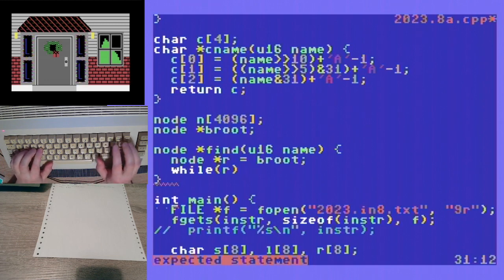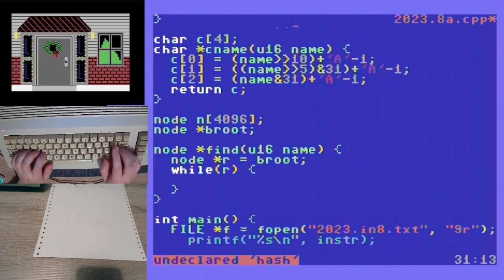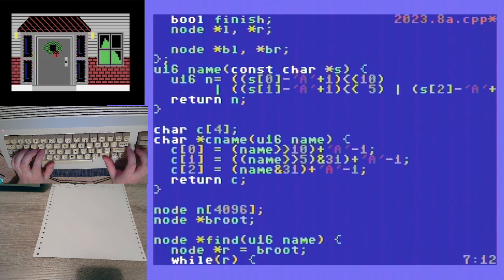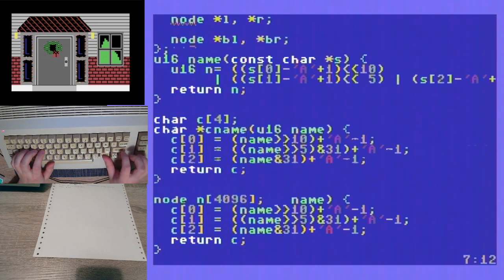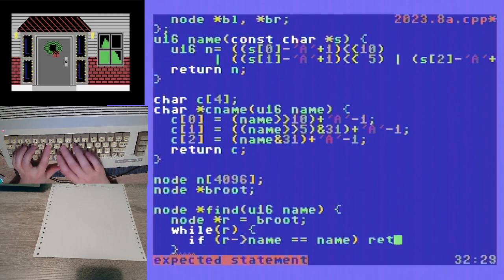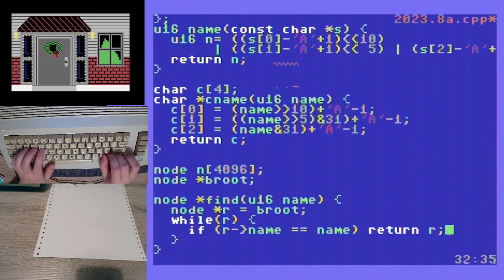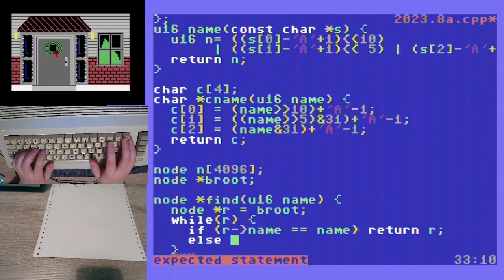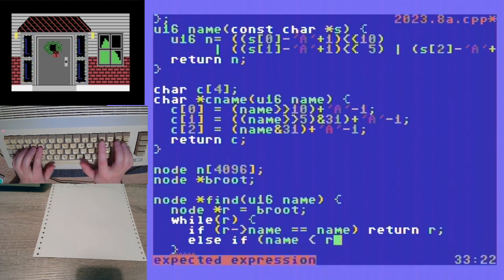So if, let's see, if r, what was it? It's name. If r name equals name, return r. Else if name is smaller than r name,